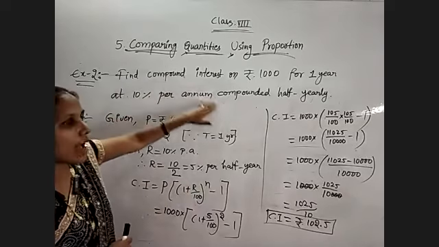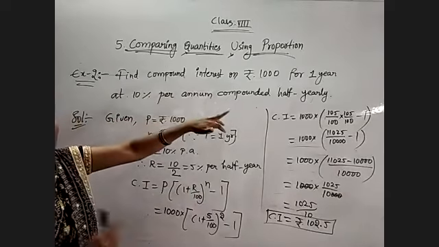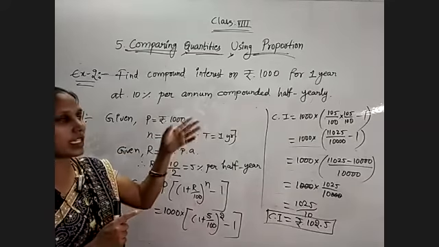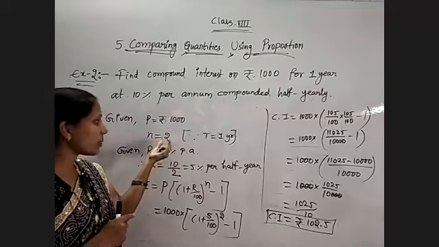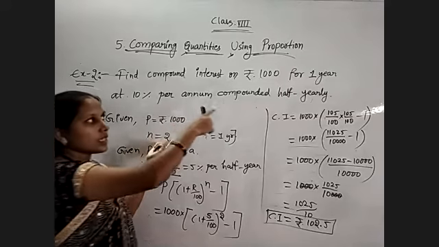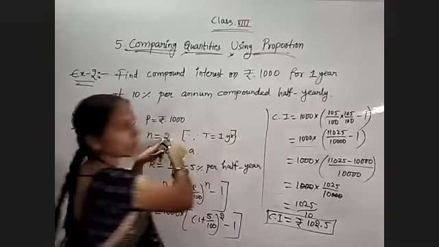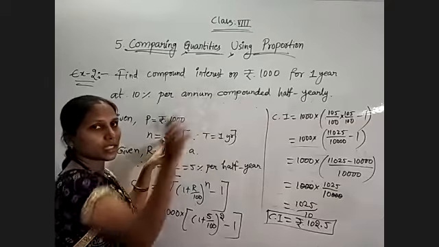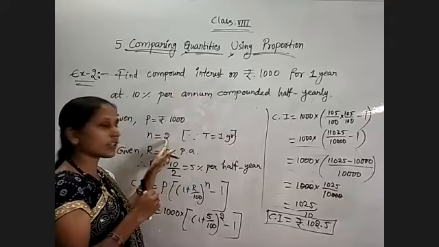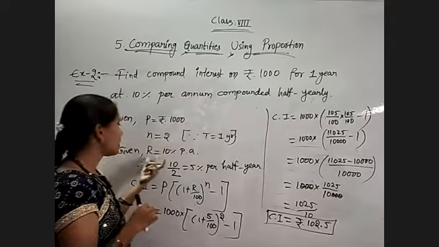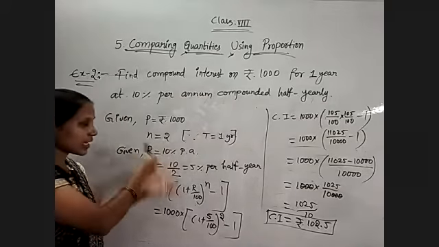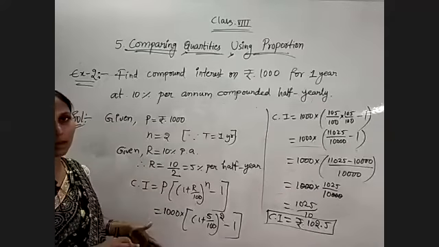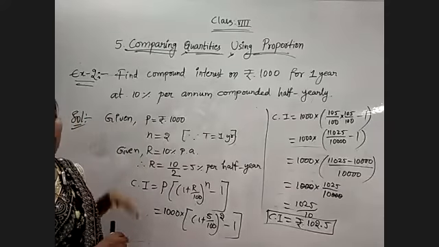Whenever half yearly is given, for 1 year the number of conversion periods is equal to 2. If the number of years given is 2, in that case you need to multiply with 2, whatever number they give. See, 2 into 1, 2. If they give 2 years and the amount is compounded half yearly, 2 into 2. For suppose 3 years is given, 2 into 3, 6 conversion periods we will get. And for rate of interest, half year means whatever rate they give, you must take half the value. Substitute in the formula, then you will get the required compound interest.